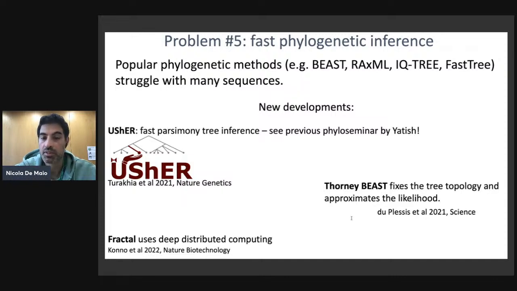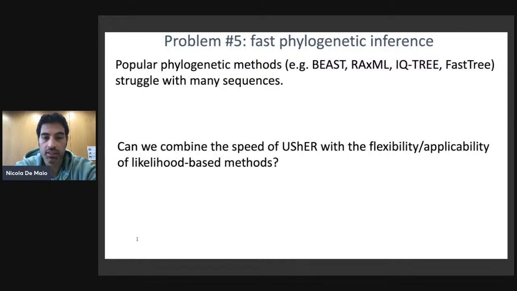But you have to give up some feature of the Bayesian estimation. In particular, you have to fix a good part of the tree topology, basically. And there have also been new approaches to parallelize, to distribute the computation of a phylogeny. So what I will be discussing here is the work we have been doing in basically trying to